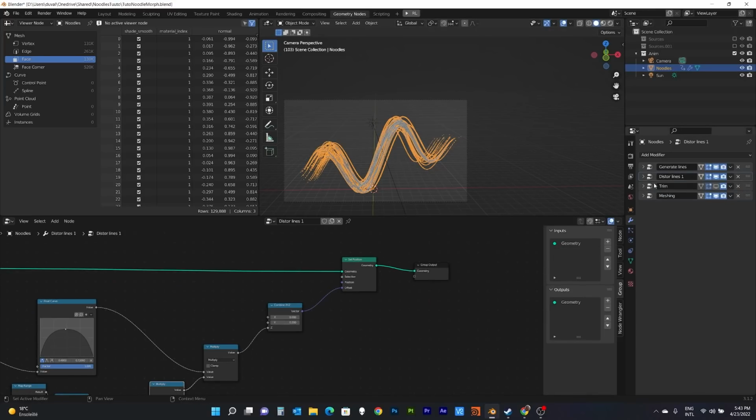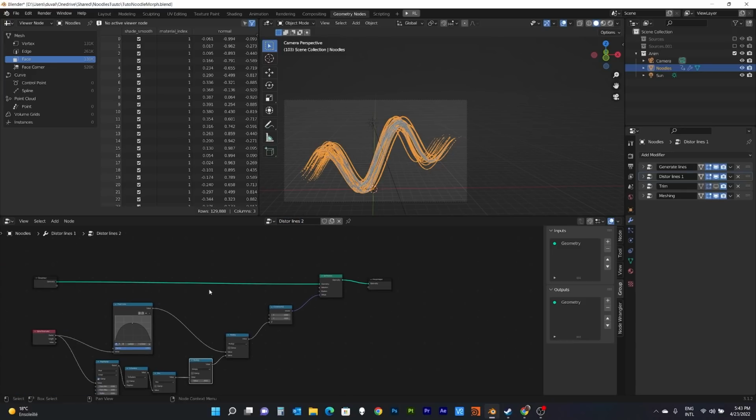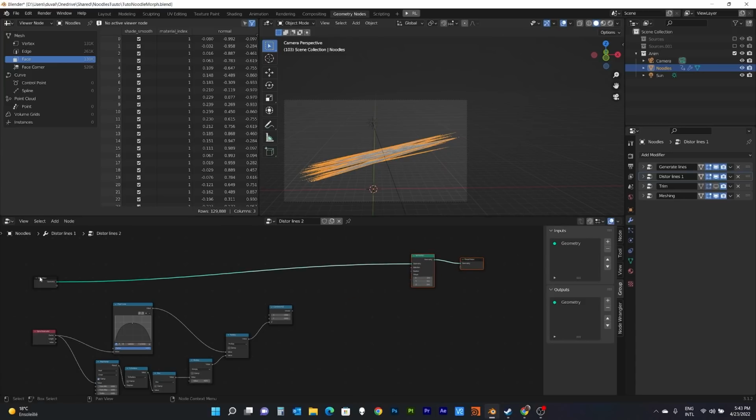And let's go on the lines. Let's make a copy of it that I would call distort lines 2. That would be nice. So let's disconnect this. Give us some room. First thing, we have to define the starting point of the geometry and the end point of the geometry. We can use the source geometry, but there's another way. Very nice trick,